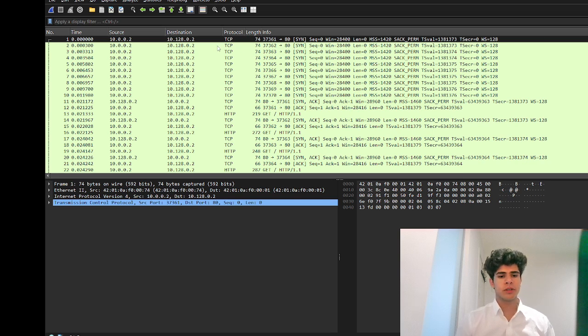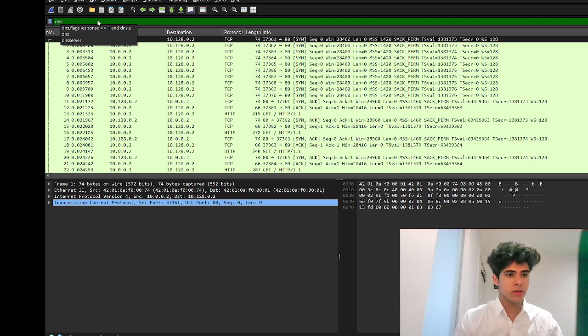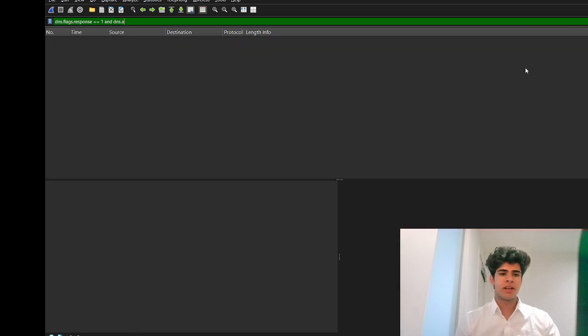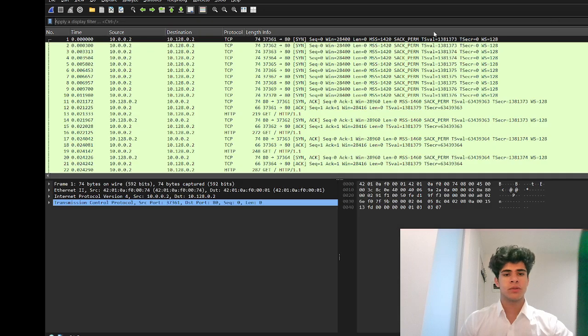which is related to spoofing. So let's apply the filter for DNS flag responses. This would normally show a DNS A record response, which maps domain names to IP addresses. However, in this capture, no DNS response packets were found, so there is no evidence of DNS spoofing or DNS poisoning present in this traffic. Now we can move on to our fourth attack,